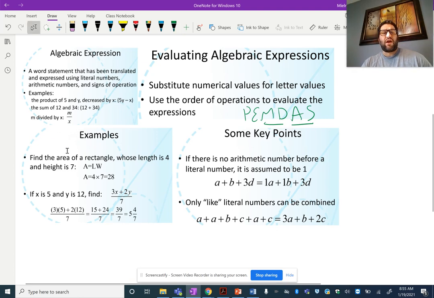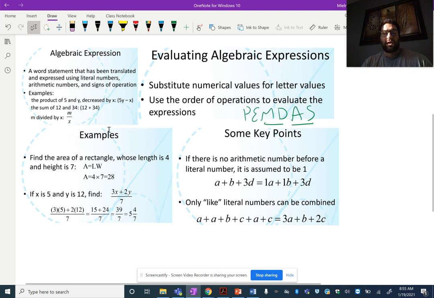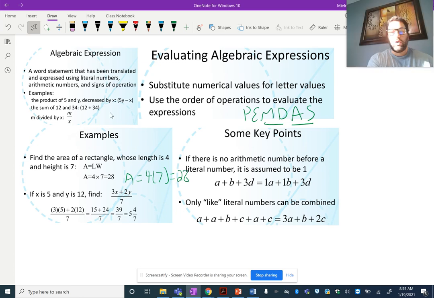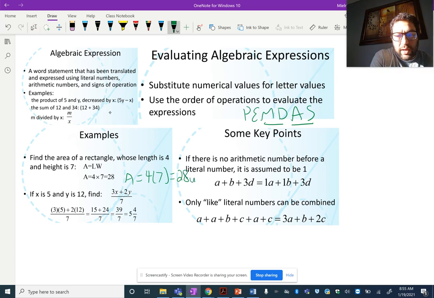If it says find the area of a rectangle whose length is 4 and the height is 7. Well, the first thing you need to remember is that the area of a rectangle is area equals length times width. You're going to substitute 4 in for the length, 7 in for the width, and do 4 times 7 equals 28. Now, I don't like the way this is shown, especially since the last video said don't use x. So it should be rewritten as area equals 4 times 7, which equals 28, units squared, whatever the unit is